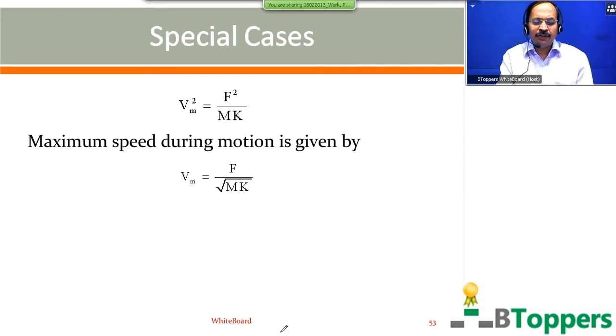I have explained the calculation assuming that the block is placed on a smooth horizontal floor. But sometimes you may be given a similar situation where the block is kept on a rough horizontal floor, and the coefficient of friction between the block and the floor is constant. I am discussing the same case again for the situation when the block is resting on a rough horizontal floor, I mean, the floor is not smooth.